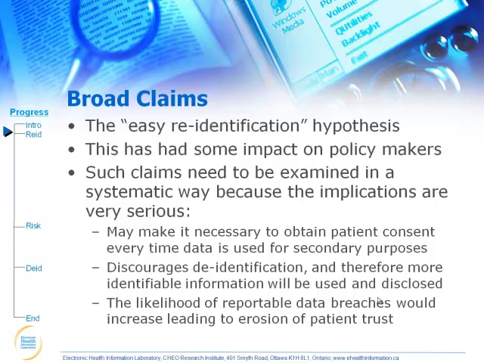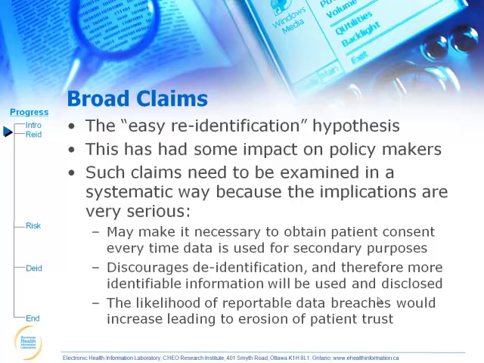So essentially you end up with a biased sample if you were to go out and obtain consent. It doesn't mean you shouldn't do it, of course, we do that all the time, but it just means that if that becomes the only way to get access to data, then there'll be more chances of these biases creeping in. The other implication of that statement is it discourages de-identification. So if it's true that de-identification doesn't work, then why bother?